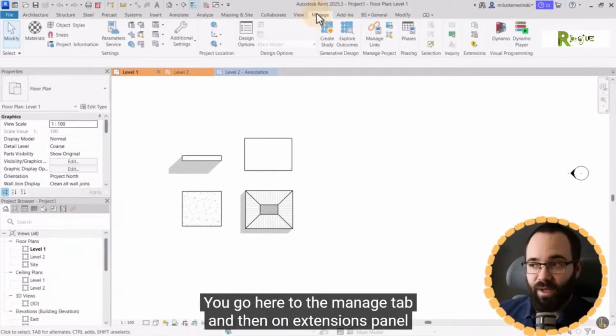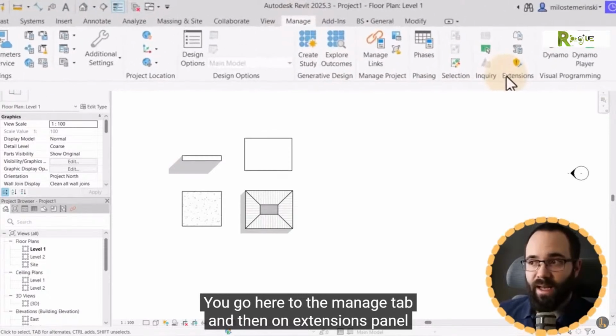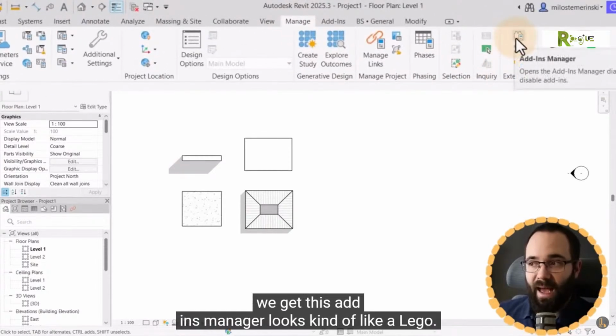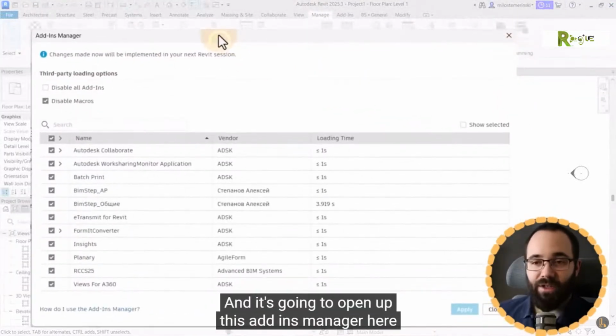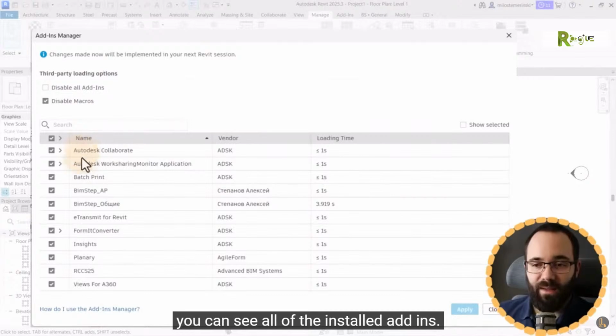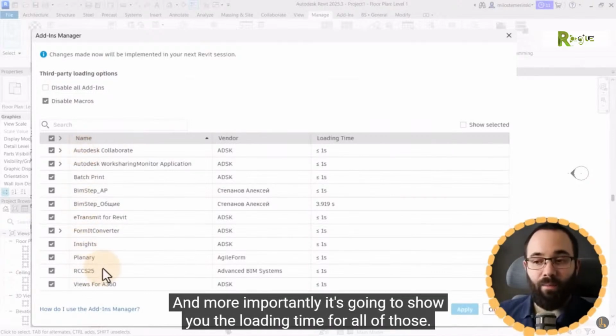You go here to the Manage tab, and then on the Extensions panel, we get this Add-ins Manager. Looks kind of like a Lego. So let's click on that, and it's going to open up this add-ins manager. Here you can see all of the installed add-ins, and more importantly, it's going to show you the loading time